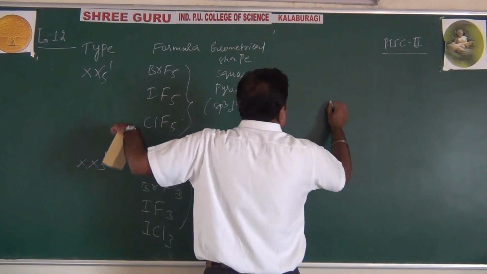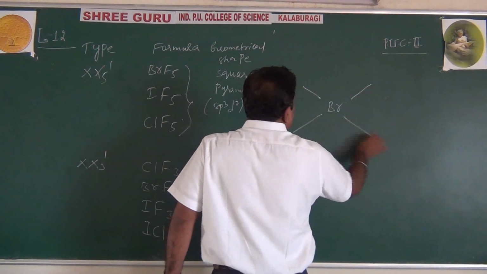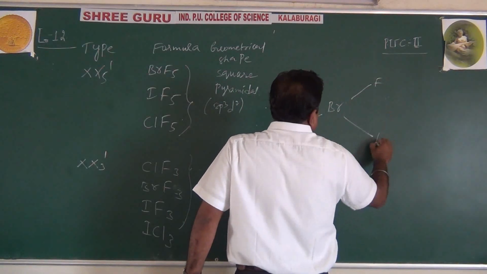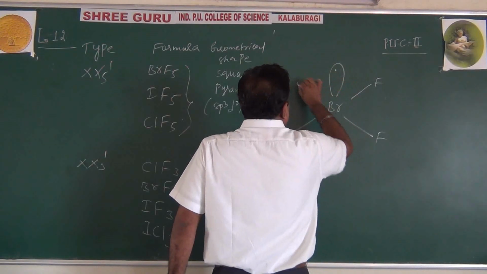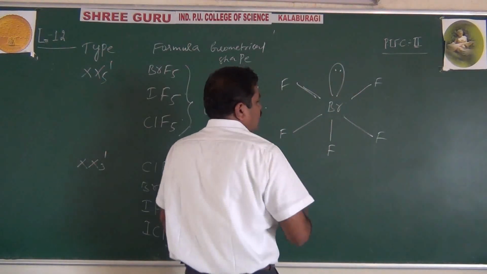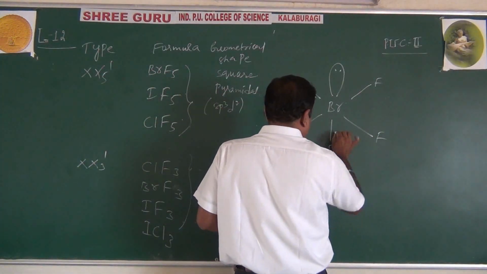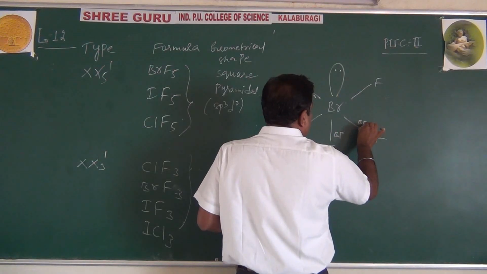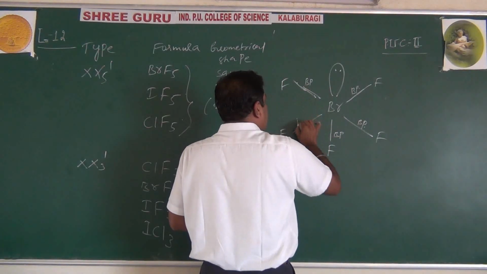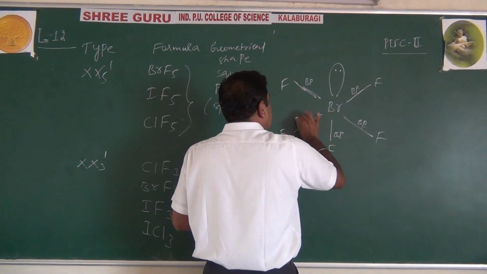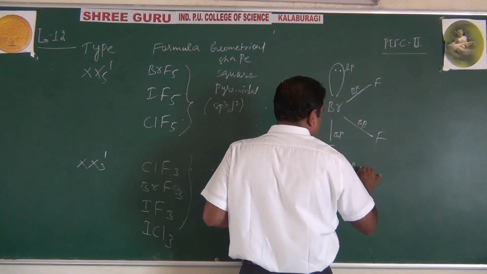Just to see, bromine, if you take out some valence electrons, it will share with 1, 2, 3, 4 fluorine atoms right here, and 1 fluorine below, with a lone pair above, or else lone pair below and fluorine above. Both are possible. So this is square pyramidal. See, 5 bonding pairs and this is the lone pair. Total 5 bonding pairs, 1 lone pair, total 6.